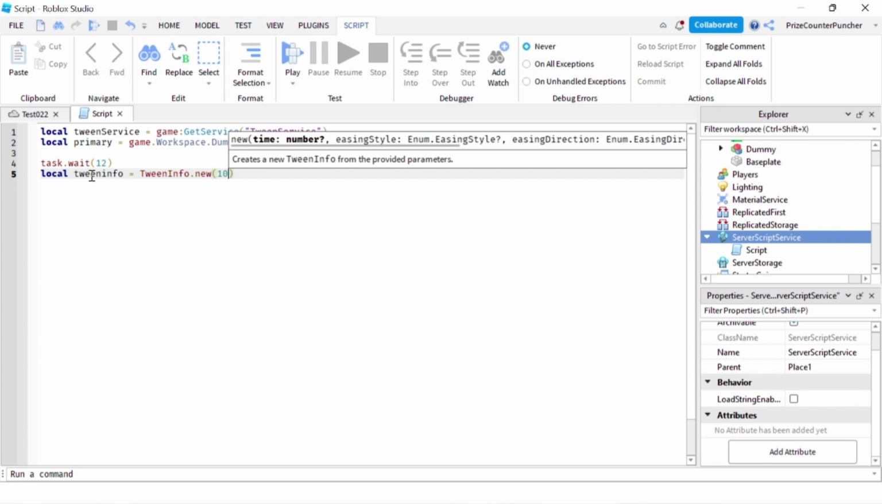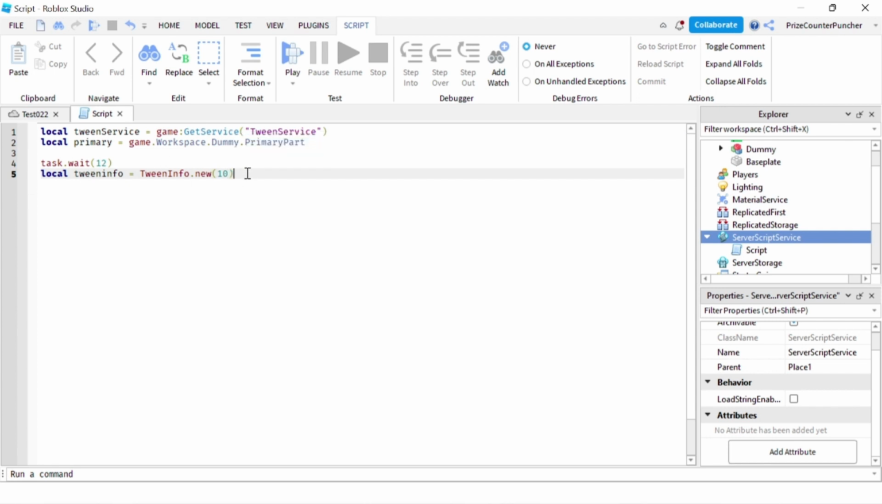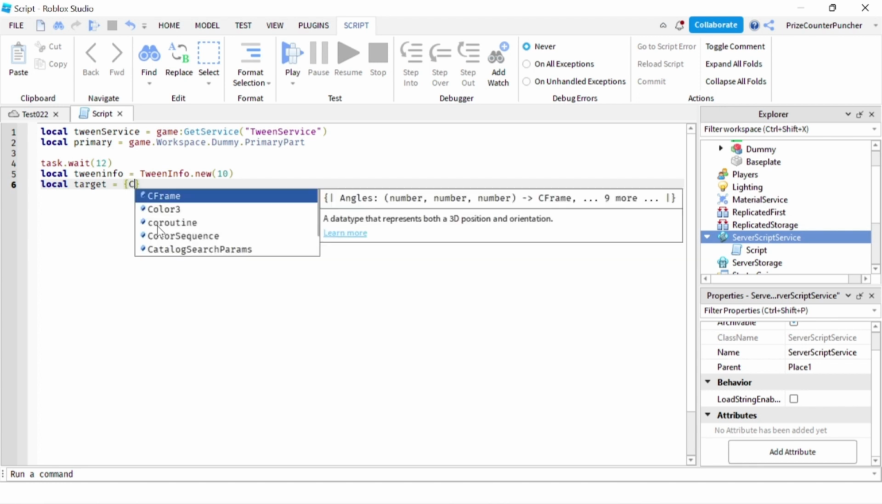It's gonna take 10 seconds. Next, we're gonna declare our target. So it's gonna be local target, and again the target is gonna be a dictionary. So we're gonna give it 2 curly brackets. And the property that we want to change is the CFrame. So we're gonna say CFrame